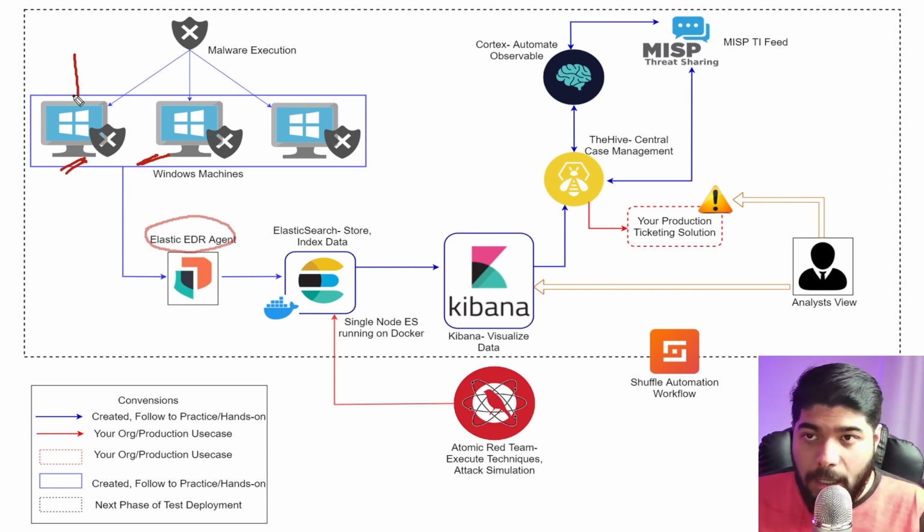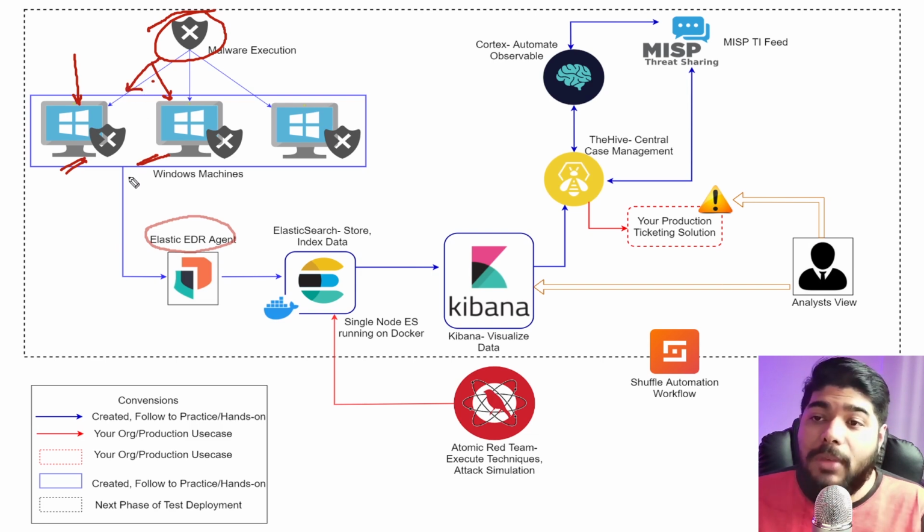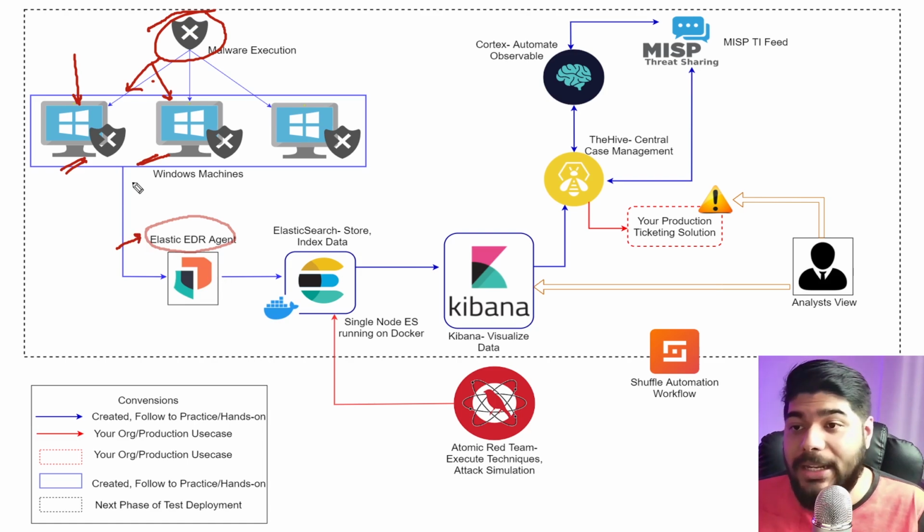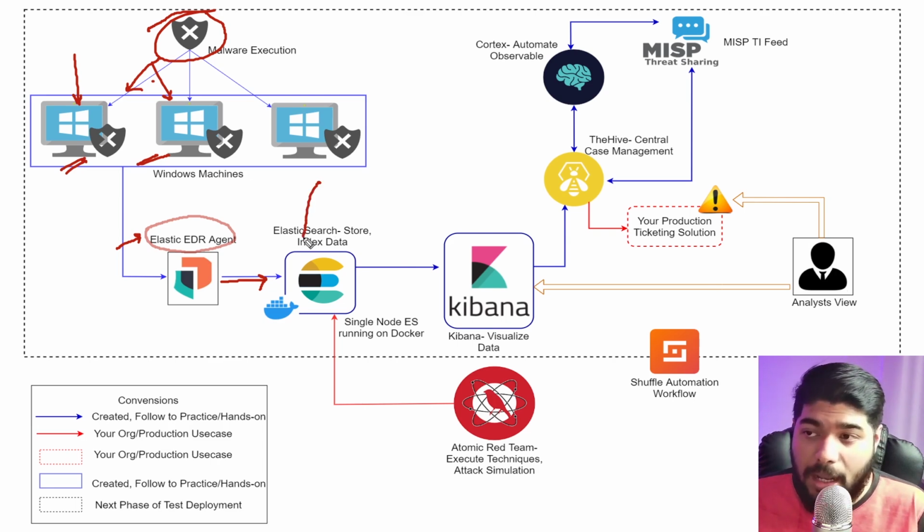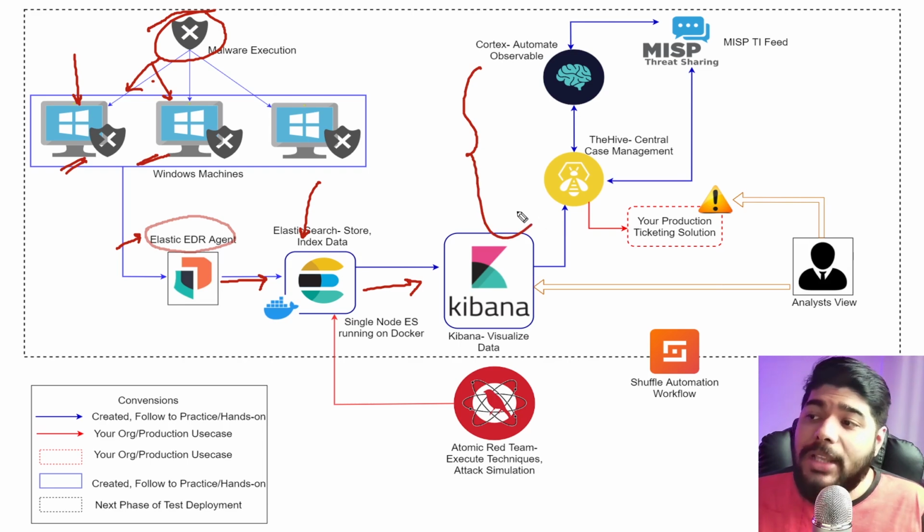So you can install Elastic EDR agent on these endpoints, and we will try to execute some malware on all of these boxes, and we will see how this EDR is acting and how we can get all that data fed to our Elasticsearch, which is our main scope for this SIEM instance. And as in the previous episode, we will see all of those visualizations in Kibana, and the rest you already know, like those alerts will be fed